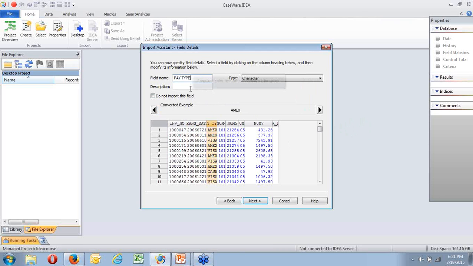And I could change the description, or I could simply leave it. It thinks it's a character field. It is a character field, so I'll leave that. I'll move on to the next one. The next one is my salesman. Again, I'll leave it, or I could make it in smaller case as a description. Whoops, salesman. Salesman. It says it's numeric.